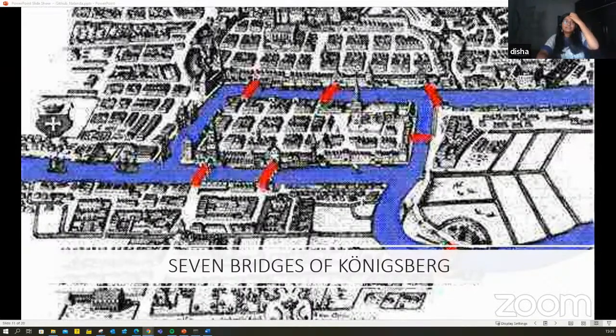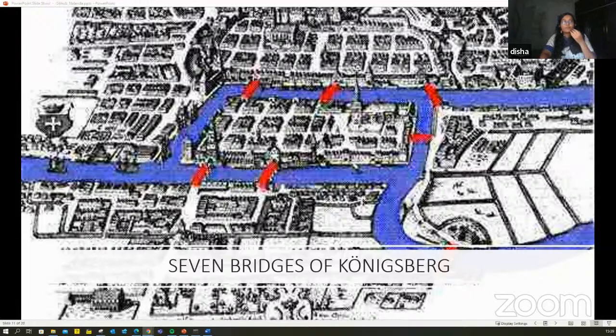And in 1735 there was a mathematician named Euler who proved that such a route cannot exist. If you want to traverse the entire city, you cannot go through these bridges just once. In his work on this problem, he invented a field of mathematics known as graph theory.